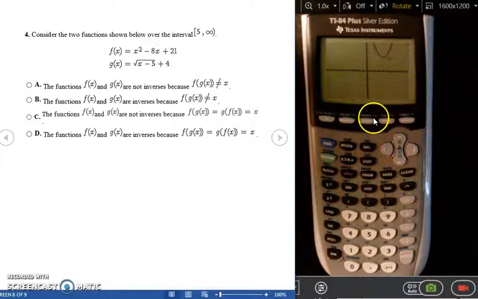So there goes my first. There goes my second. And then it graphed the inverse right over g of x. And so there was this extra part here. However, it only cares about the functions from positive 5 to infinity. So it only cares about that piece here where it graphed over it. So that means these are going to be functions, which is choice D, where it has the correct reason for